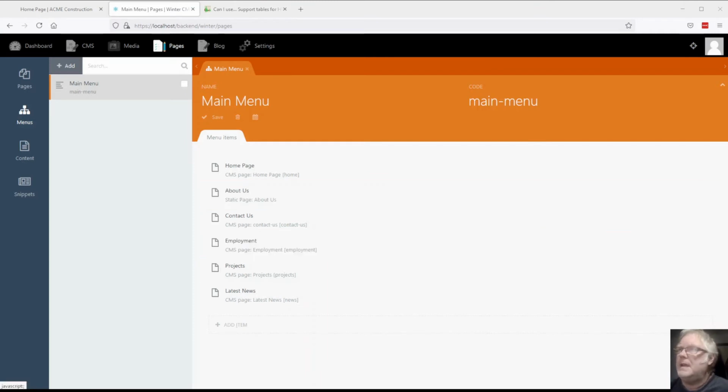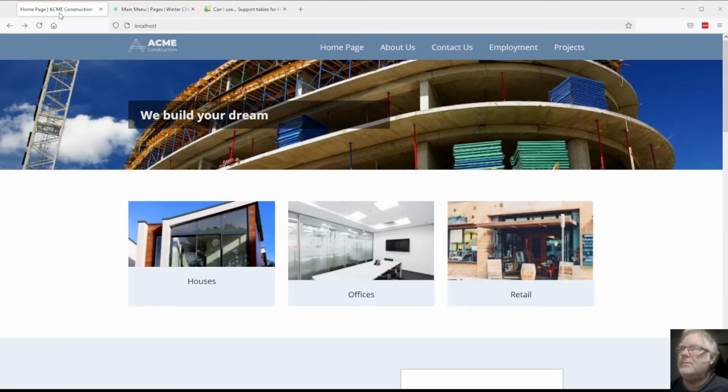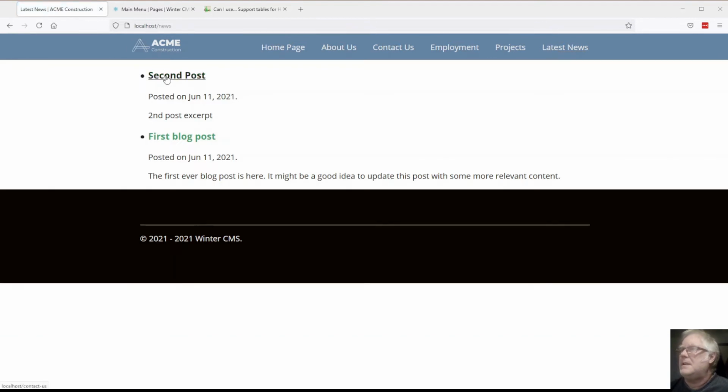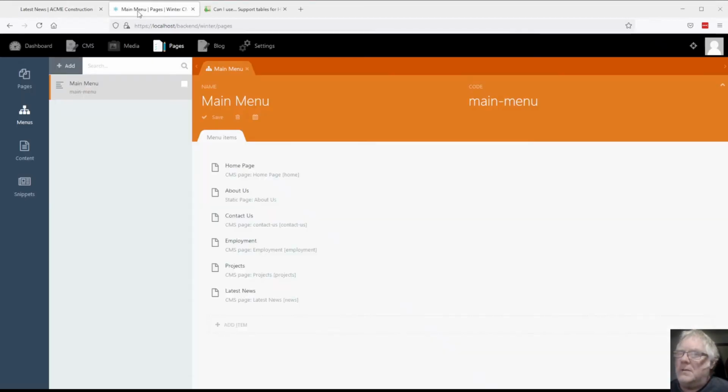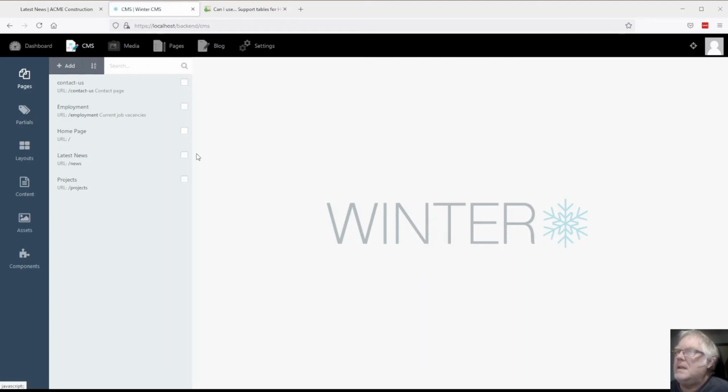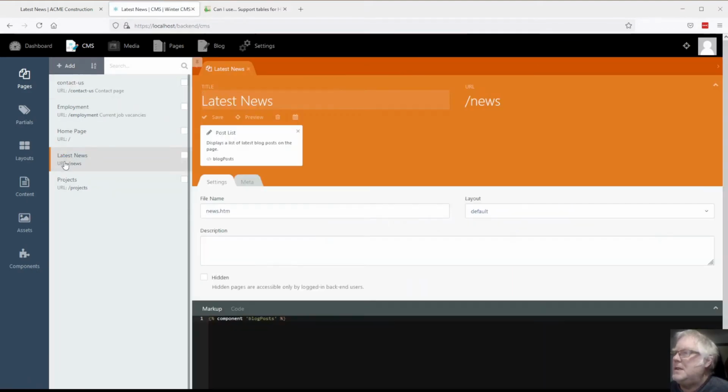Okay, so we've got the menu there, and if we look into our home page, here we go, latest news. There we go. The formatting here is a fairly easy fix. If we go to our main menu, not main menu, to our CMS, and to our news page,